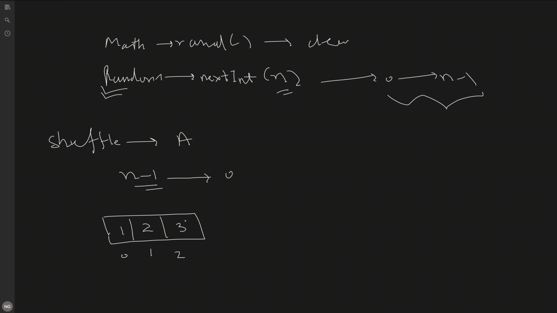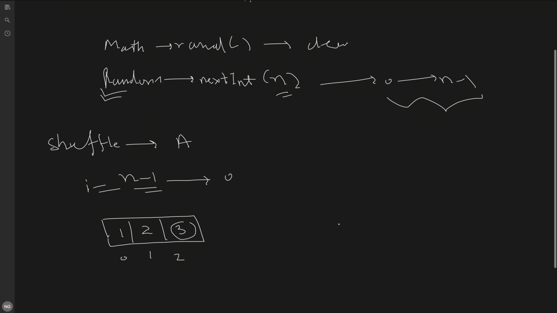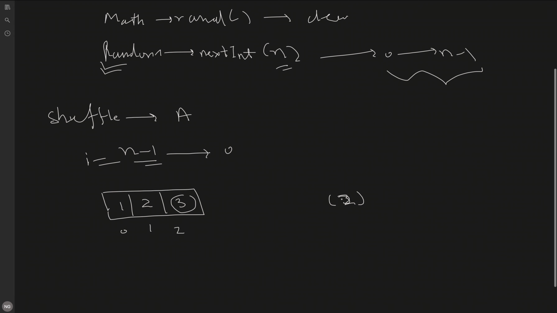Now we will keep trying and find out the shuffled value for this place. So first of all we will try to find out the random index by passing n, let's say, for I. So we will pass I in our random nextInt. So here if we pass I as 3, this will generate a random number. We will get the random number between this range, so we pass I as it is, and we are getting the random index.